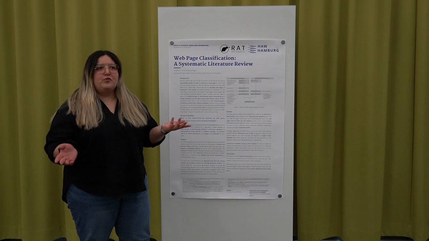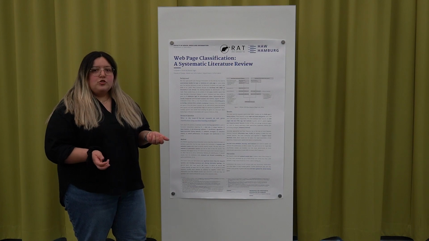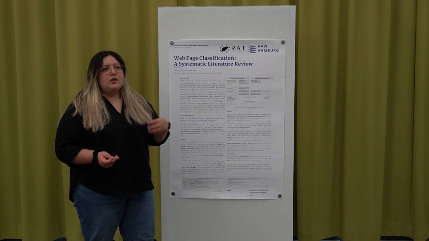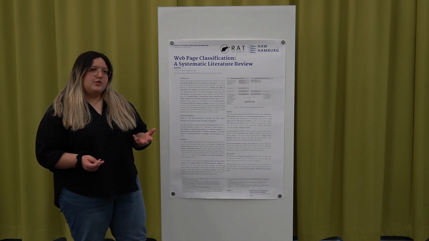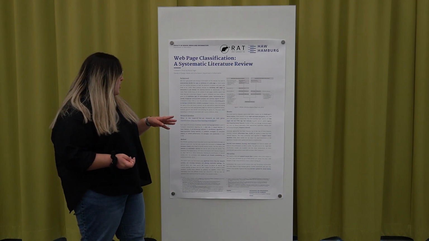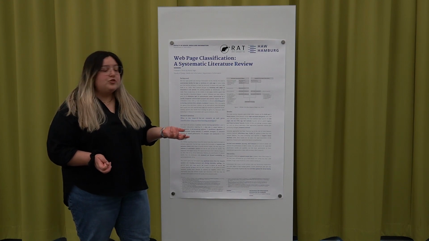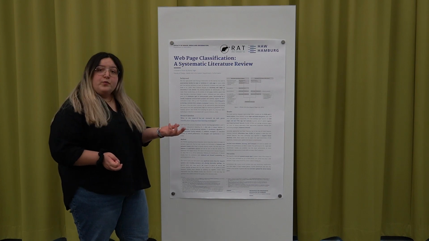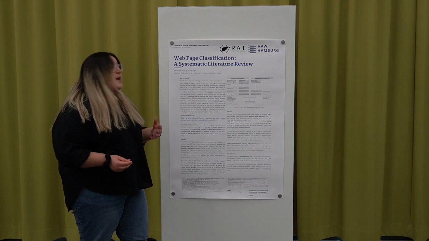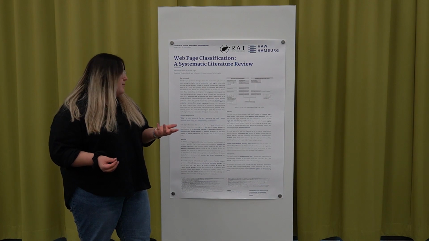We know genre mostly from movies and books, but there are also web page genres. And I looked into the different aspects that go into automated web page classification or web genre classification. So I looked at the common aspects, which are first the data sets used to classify genres, then the output and input features that are used and generated in the classification, then which pre-processing methods are used, and which algorithms